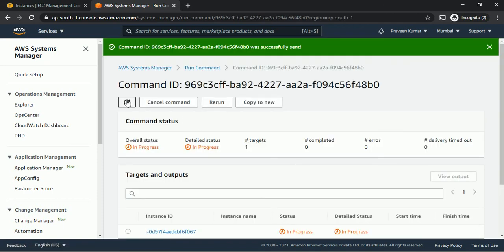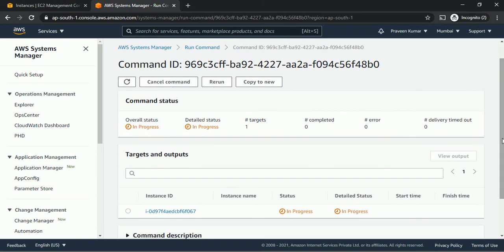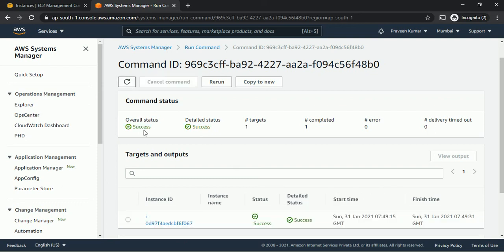It will take just your execution time; within your execution time it will be executed. So it's in progress. Yeah, it's still in progress. Yeah, success. My Apache installation and starting script has been executed remotely.